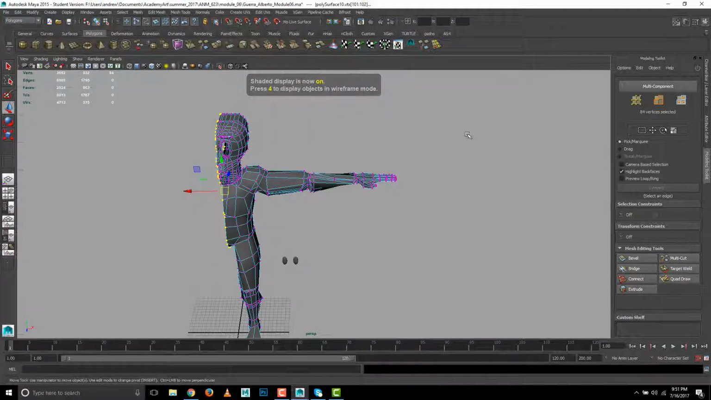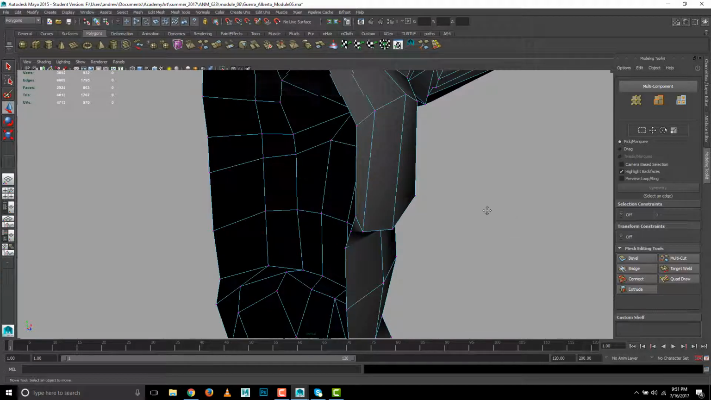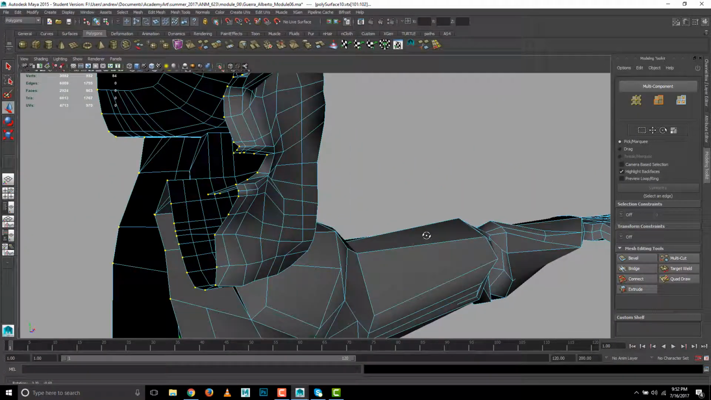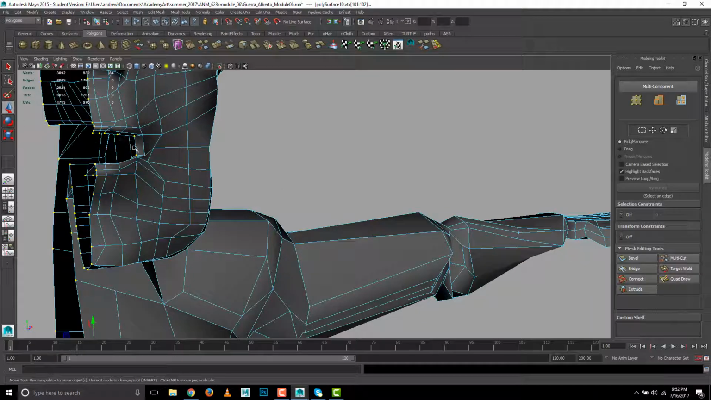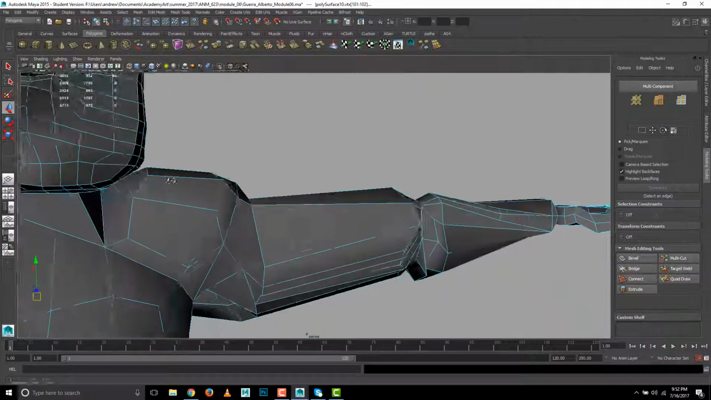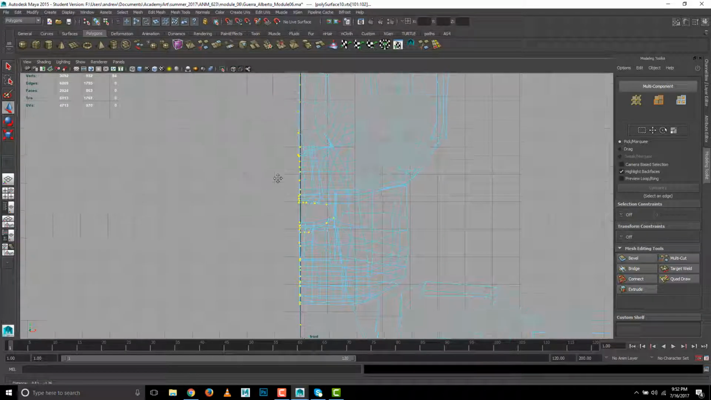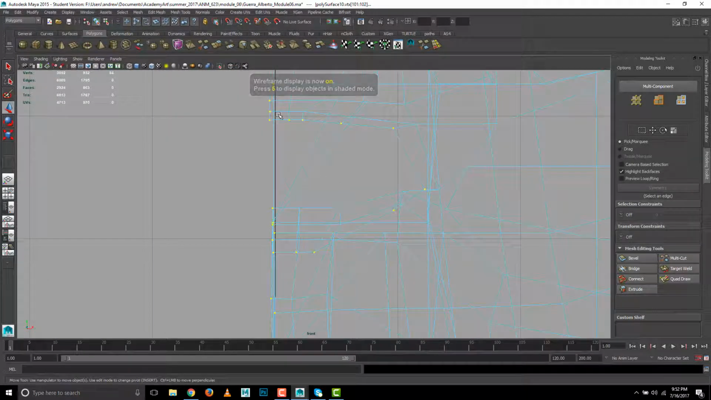Did something funny happen with his mouth there? I think it's alright. Let me just undo that to make sure. Something did. Okay. Yeah. That's the problem. So I just have to remove those from my selection. There were some that were not along the center line. So I'm going to hold down